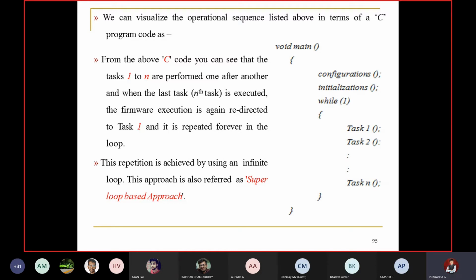If there is a question on what the two different approaches for embedded firmware design are, you should explain. One is the super loop model, that is conventional. The second one is the OS model, that is the embedded operating system based model. So for the super loop model, you can explain with this example.